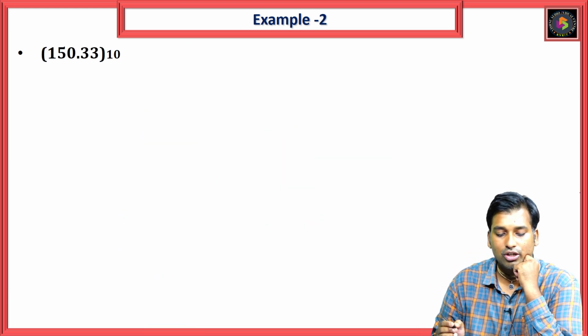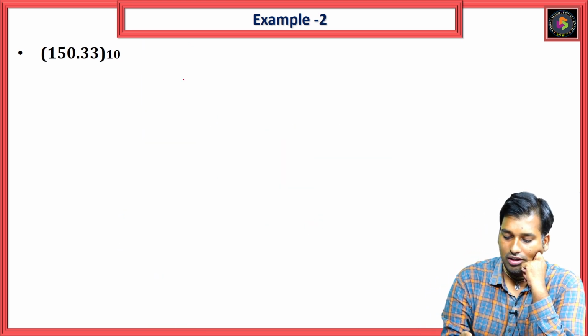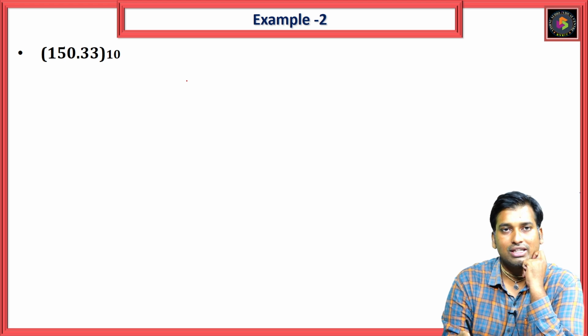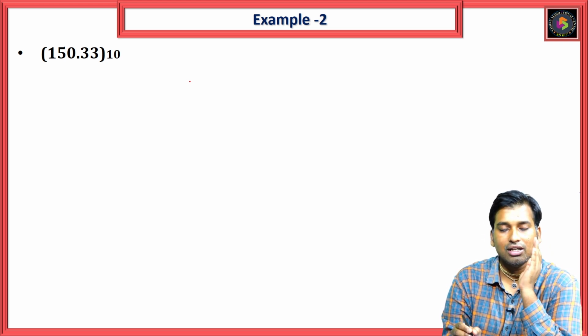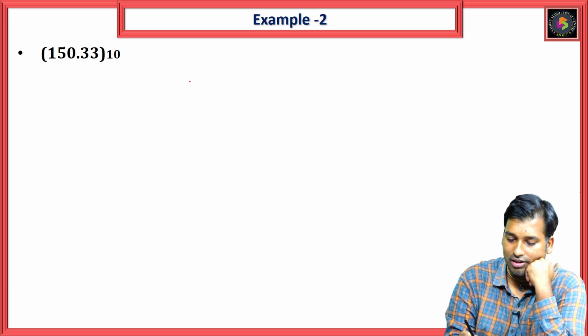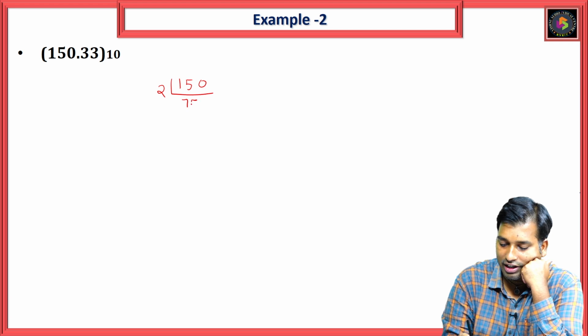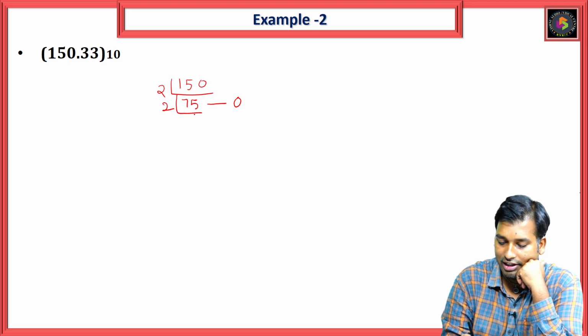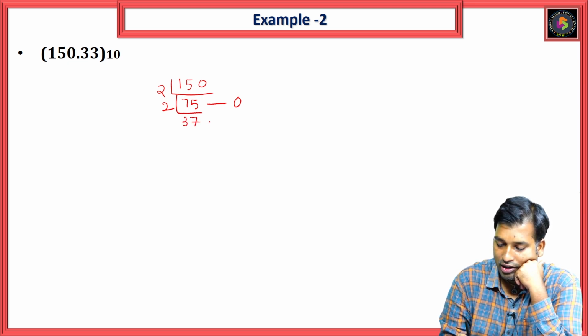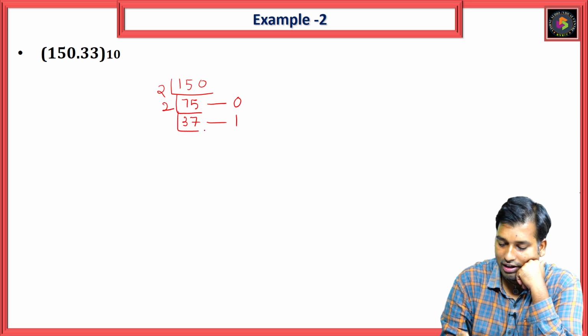Let us do a small example. 150.33. The first step is to separate the integer part and the fractional part. The integer part is 150. So what do I have to do? I have to divide it by 2. The quotient is 75. Here the remainder is 0. Again, when you divide 75 by 2, the quotient is 37. The remainder is 1. Again,